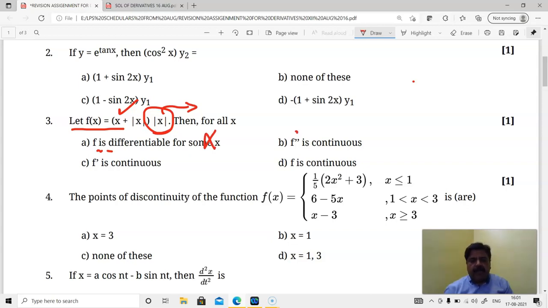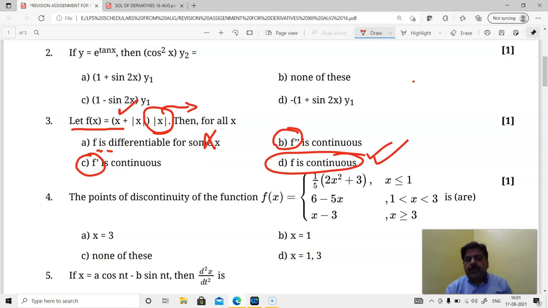We have been discussing the second order derivative and first order derivative. It might be true, it might not be true, but when we talk about this particular thing, it is going to be sure shot. Let me add something: every function is continuous in its domain. If f is continuous and g is continuous, f plus g is also continuous, f minus g is also continuous, f into g is also continuous, and f upon g is also continuous, provided g is not equal to 0.